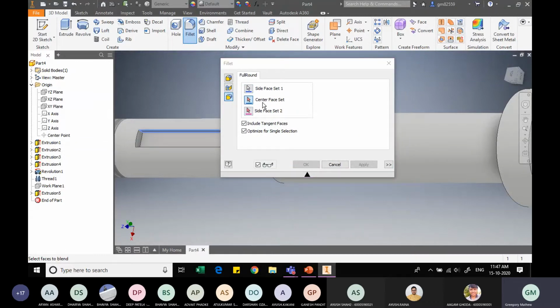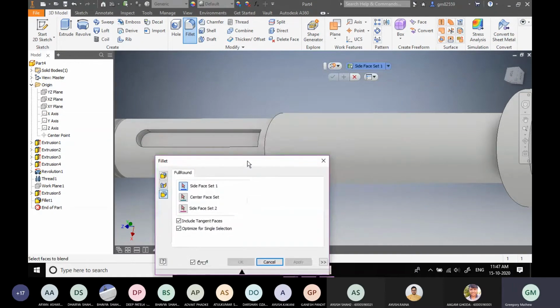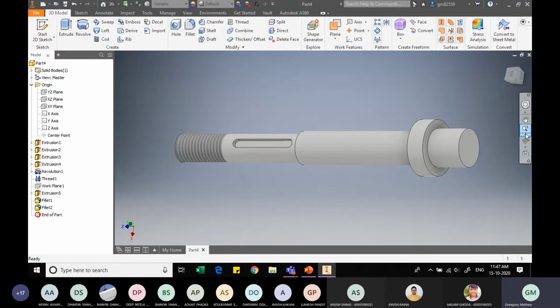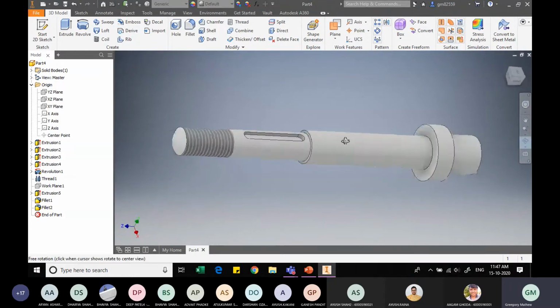This is the first face. Second, I need to specify the center face. So I'll select the center face, and third, I need to specify the other side, and now I am able to select it, and I can see this. I click on apply. Similarly, I do this for the other one. So this is my first face. Next I need to select the center face, and third I need to select this face, and I click on apply. And since my command is done, I can finish. I can reduce the size slightly, and let me just revolve it to show how the component will appear.